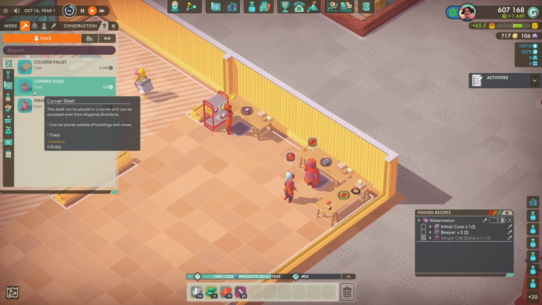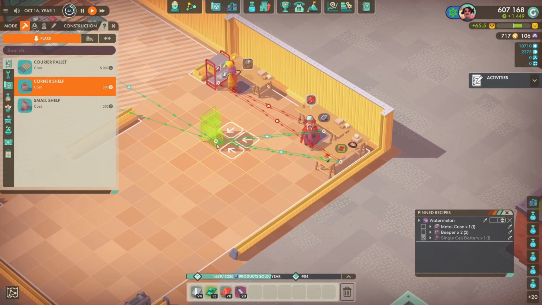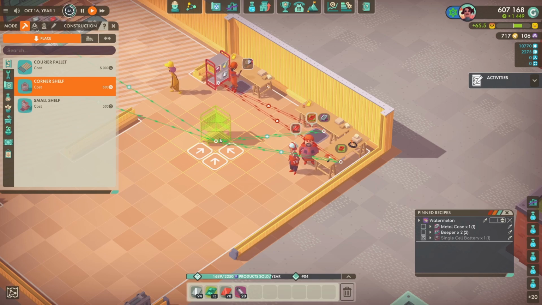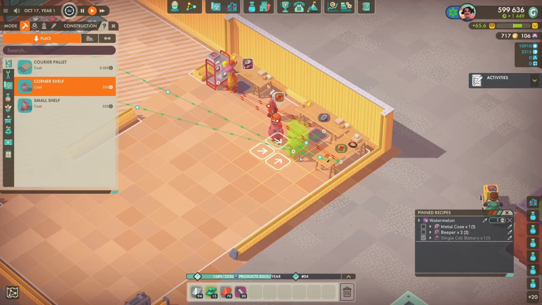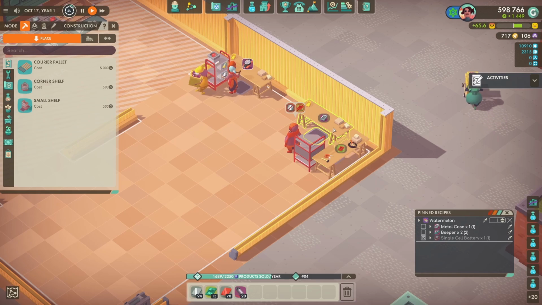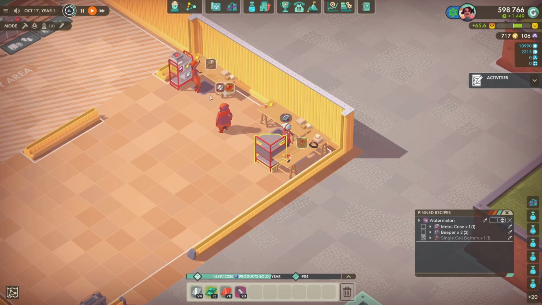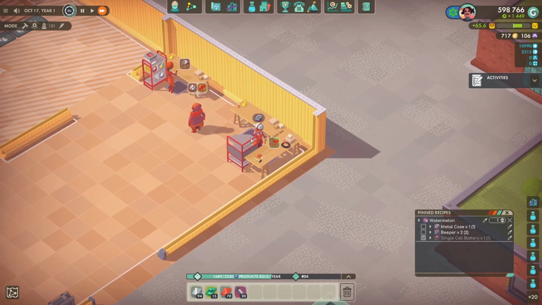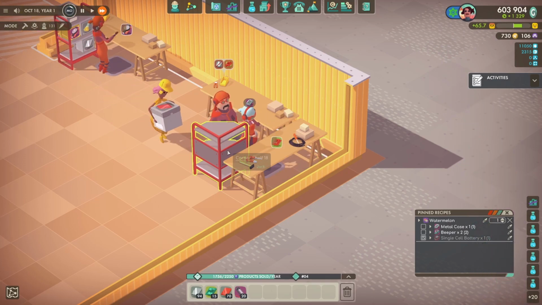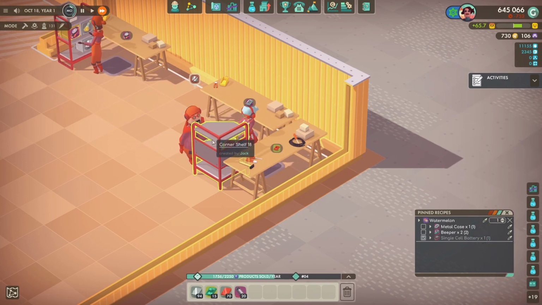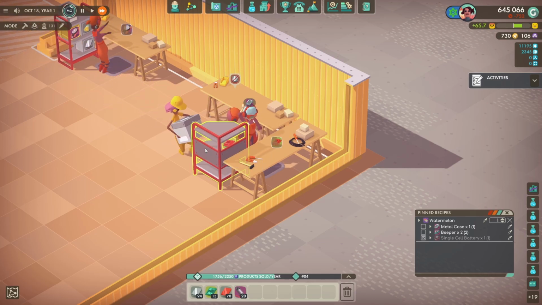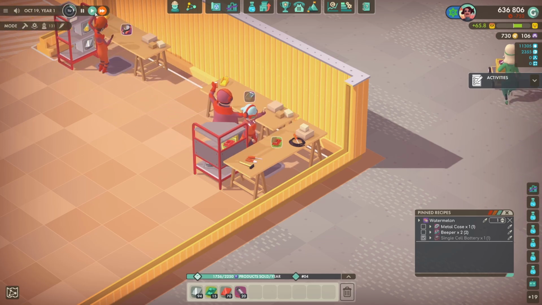We are going to use a shelf as well. We're going to use the corner shelf now. The corner shelf is really useful for making compact and efficient designs. So as you can see there, you've got 3 arrows pointing towards the shelf. These are where the employees can access the shelf from. So let's whack that there, and that covers both standing places of the table. So these employees over here won't have to move at all. So plastic parts are being made, they'll go onto the shelf, and then this worker here will be able to pick up what it needs and start making